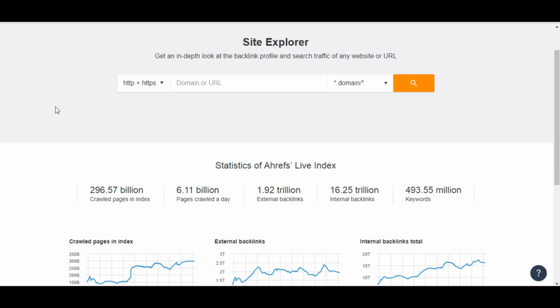If your friends have Ahrefs, you can ask them for help. Say, give me your tool for a couple of hours, I need to do keyword research, my friend. Like that, you can ask help from your friend actually.